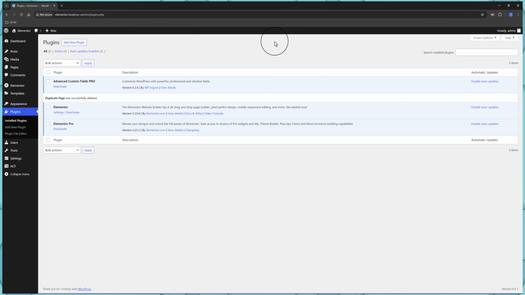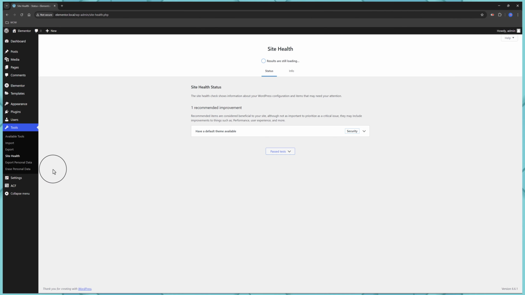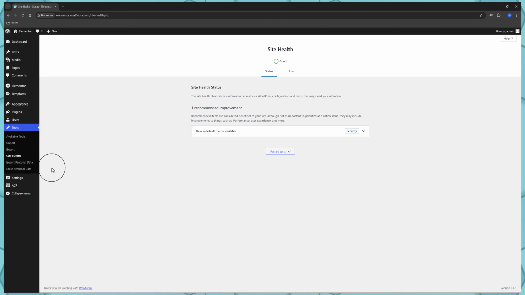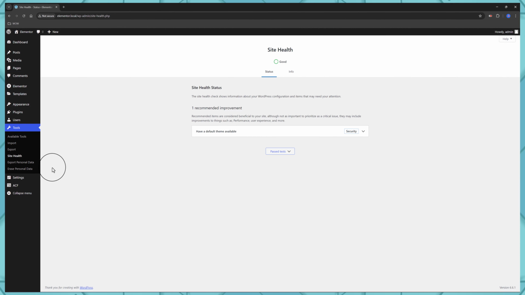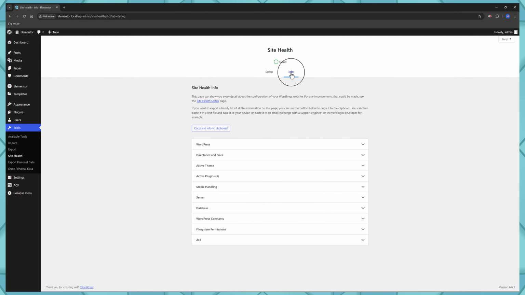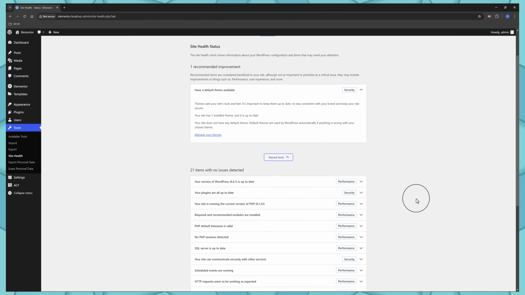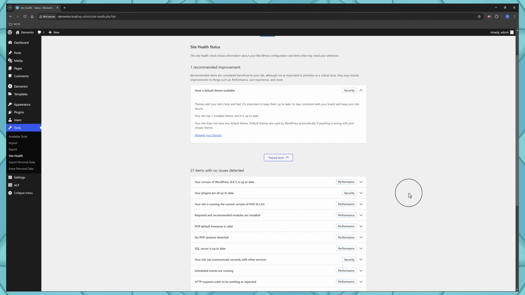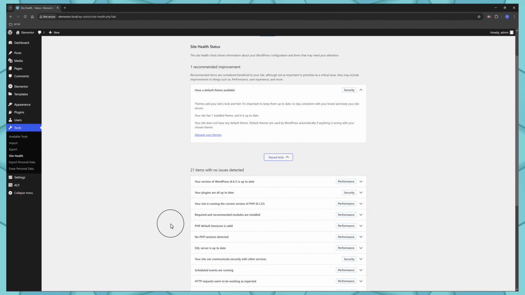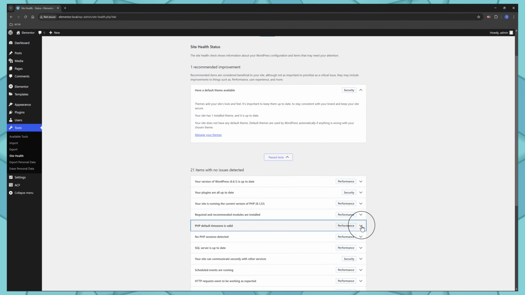Another issue, outdated PHP version. You are running an outdated PHP version which can affect performance and security. PHP is the scripting language of WordPress websites. And so if you have a warning, you can check the PHP version by going into the Info tab. And so under the Status tab, you will find easily the PHP version you are using, as well as the